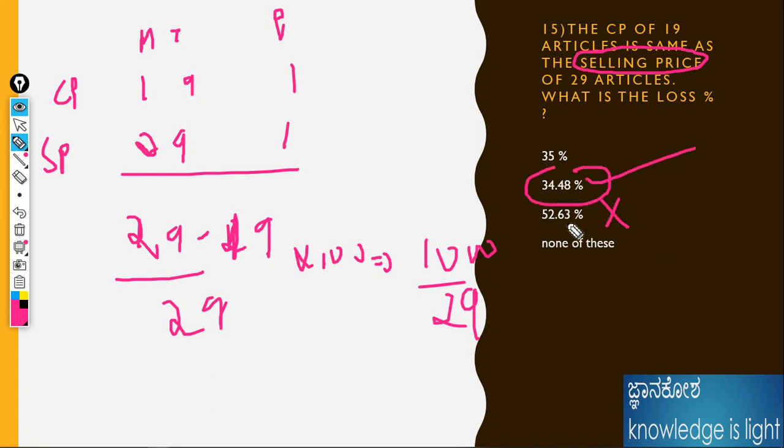Please solve from your end because I calculated in mind only. Why? Because 29 into 3 is 87 and the remainder is 13. 13 into 0 gives 130. If it is 4, it should be longer than that. That's why if it is 5, 35 should be longer than that. That's why I've taken 34.4. It is the answer for this question.